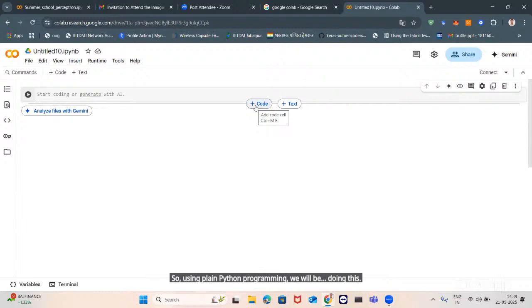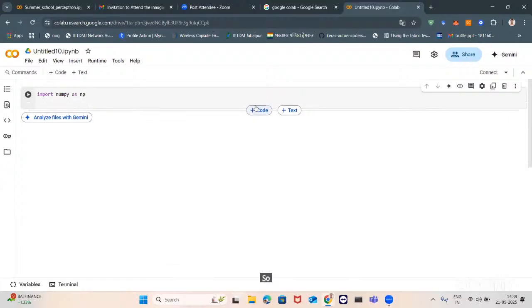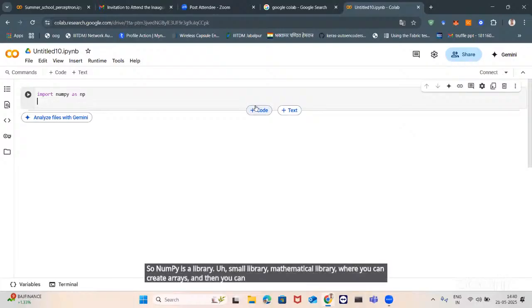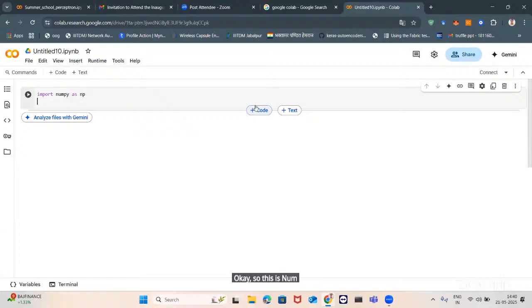So first package that we are going to import is import NumPy as np. So NumPy is a small mathematical library where you can create arrays and then you can do certain operations on those arrays. Okay. So this is NumPy. Second is import matplotlib.pyplot as plt